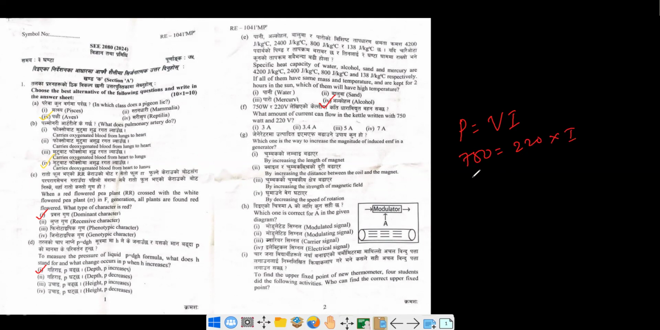Okay, so if you just divide 750 divided by 220, it is slightly greater than 3 but less than 4. So this comes around 3 point something, then the simplest answer is in here. Okay, so another is